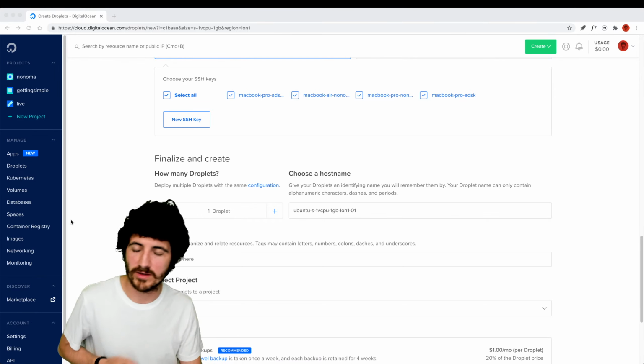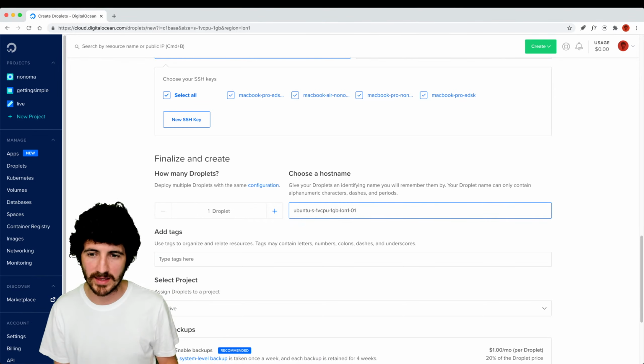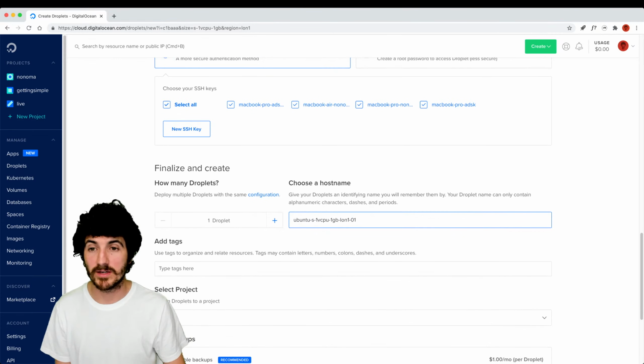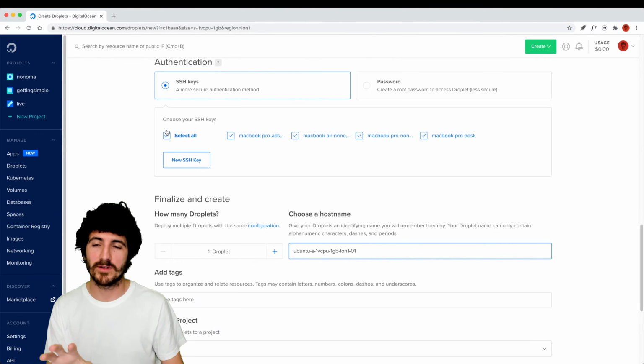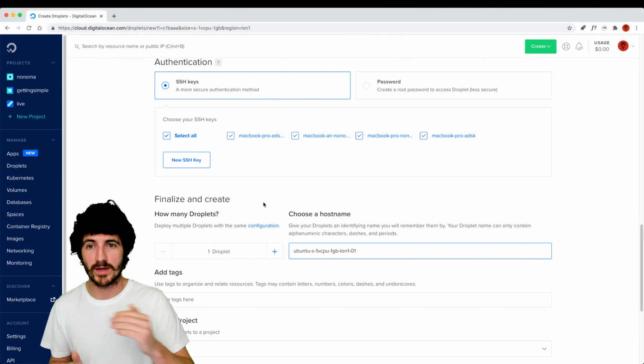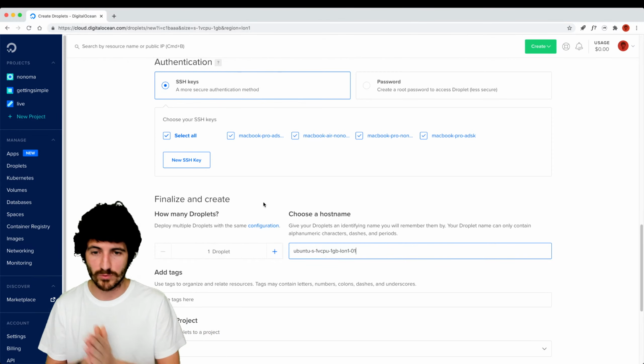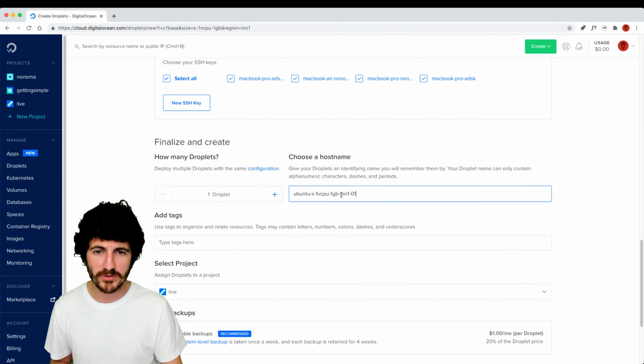So, okay, let's keep going. Here we'll get to the SSH keys, which are the keys that allow your computer to get access to the server, and we're gonna see that later. And here the droplet name. This would be like Ubuntu, whatever. So we're gonna call it live, or let me just put a prefix so we know what the machine is. So live first droplet, right?